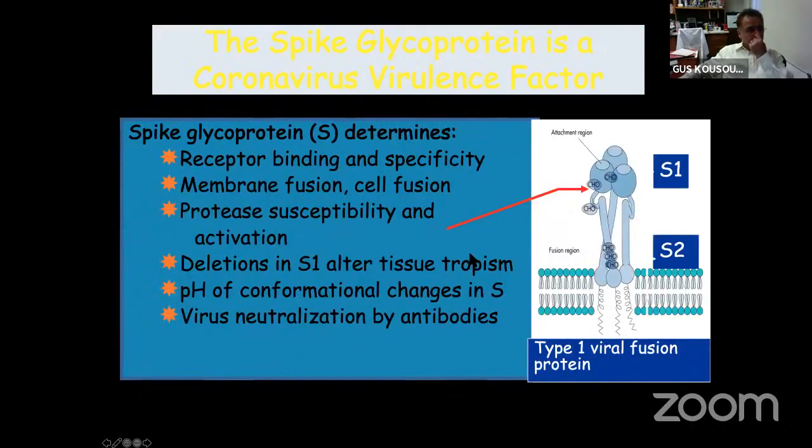So I think Elia would elaborate further on the importance of the spike protein. The spike protein is the only fusogenic protein that determines the viral entry, binding onto receptors and fusion. We know that the S1 domain that contains the receptor binding domain determines tissue tropism, and it's sensitive to different pH conformations. In order for these fusogenic proteins, the class 1 viral fusion proteins, to exert their membrane fusion ability,